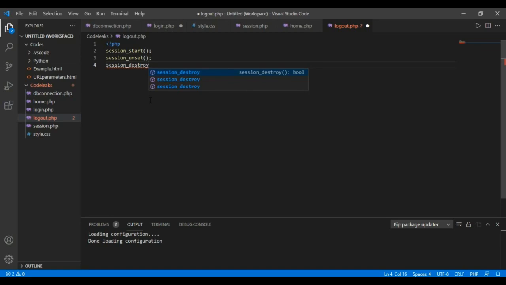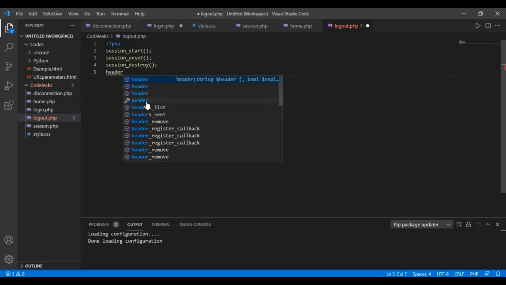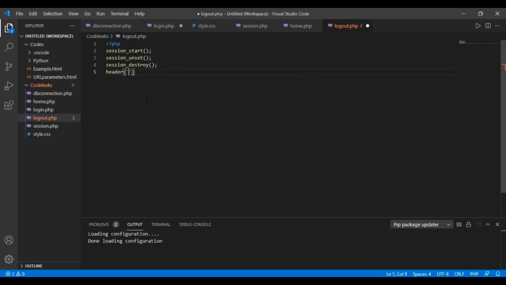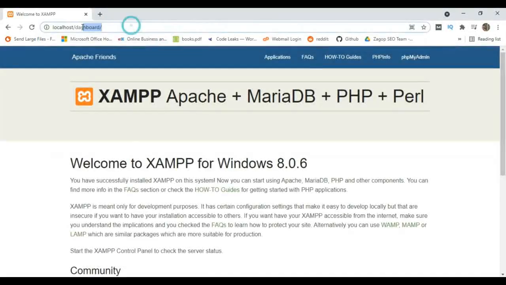Otherwise, the user will get logged out automatically. So where the user will get redirected after logout is the login page. So I am mentioning header as location login.php.